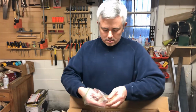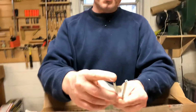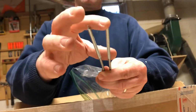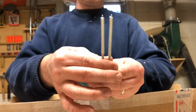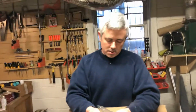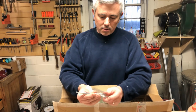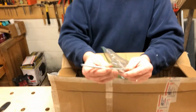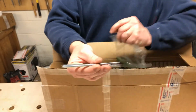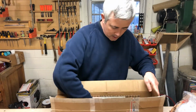You get two of the spring thickness gauges. These are used to basically tell how much thickness is left in the actual blade itself. So you get two of those. They've got little ridges on the back end, obviously, so when you tighten it, it holds fairly well. It might be pretty hard to see, but those are on there. Let's see, some more packing material, and then the actual